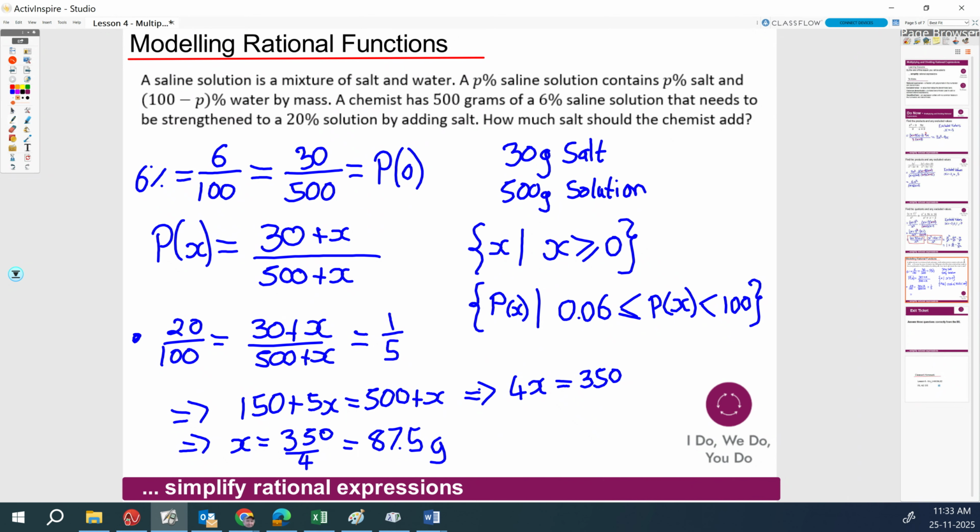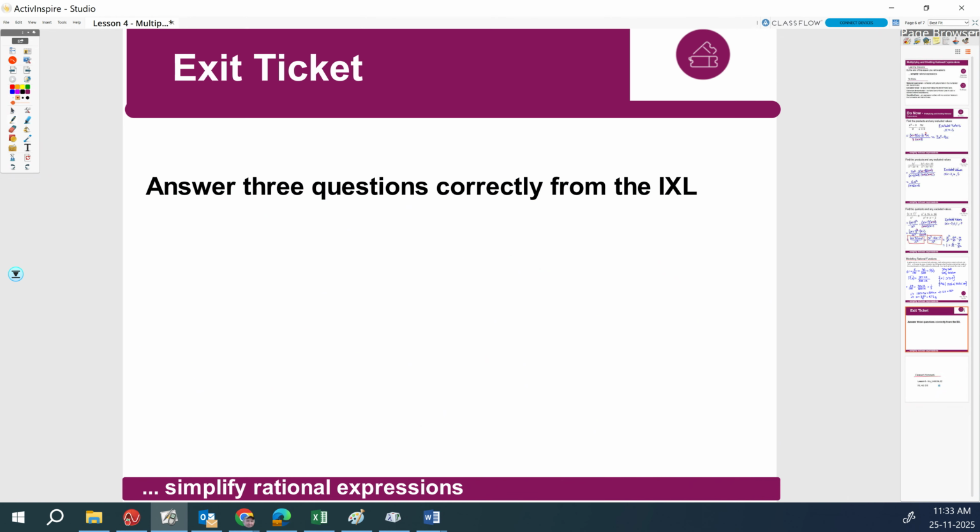Alright. So have a go at the IXLs assigned today. You need to get 3 of them done for your exit ticket. Oh, 3 questions. So you said 3 Excel. You open the Excel and